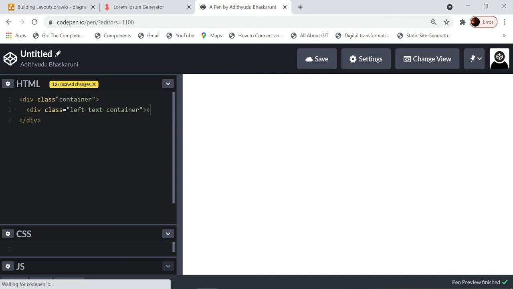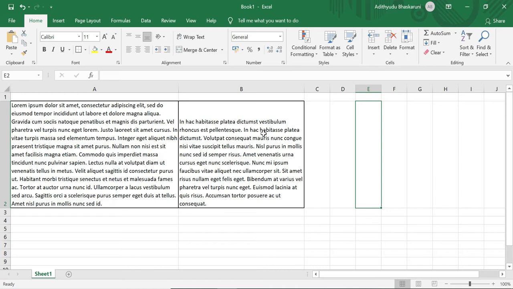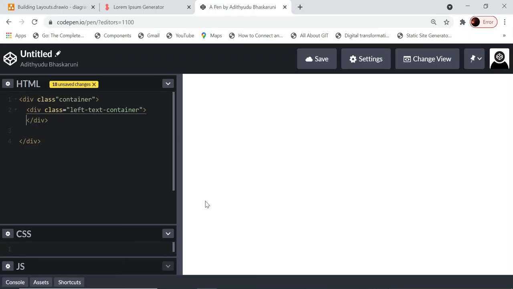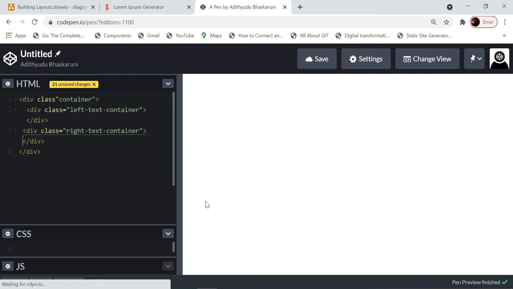Then what else am I seeing? I am seeing this right text container also. There is one box here too on the right side. So similarly, I'll just copy paste this, and instead of left, I'll say right. Okay, so this is how we write the HTML code.